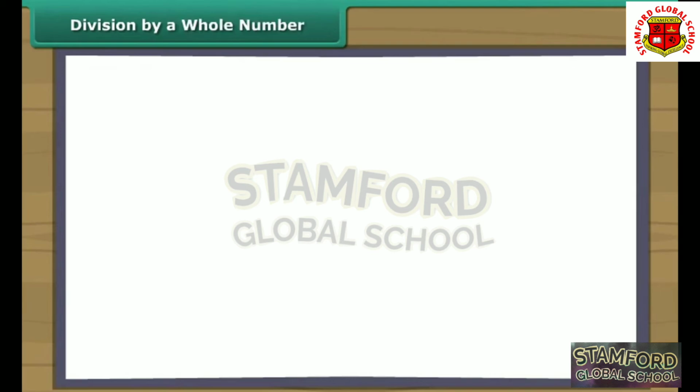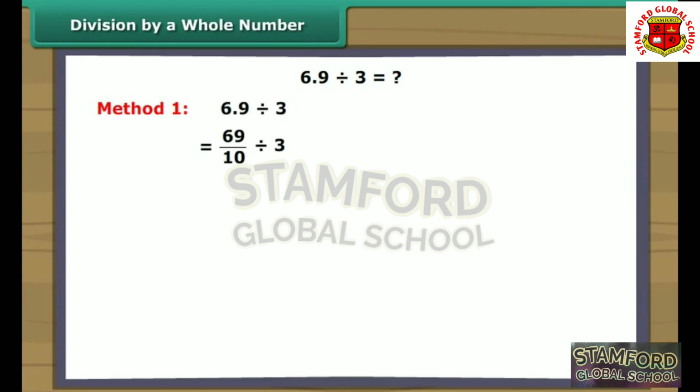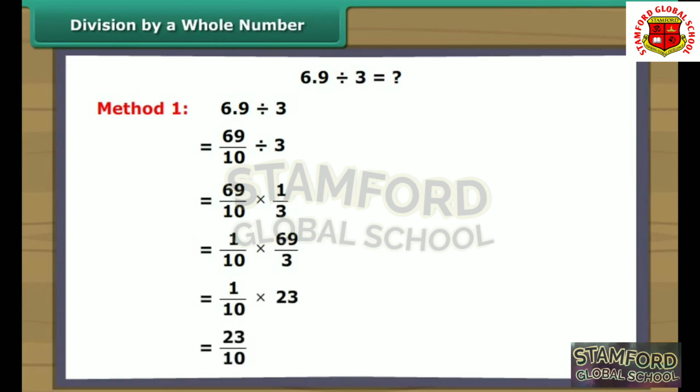Division by a whole number. How will you divide a decimal number 6.9 by a whole number, say 3? Such numbers can be divided by 2 methods. Method 1. Write 6.9 as 69 upon 10. Thus, we'll get 69 upon 10 multiplied by 1 upon 3. This can be written as 1 upon 10 multiplied by 69 upon 3. On simplifying this, we get 1 upon 10 multiplied by 23, which is equal to 23 upon 10